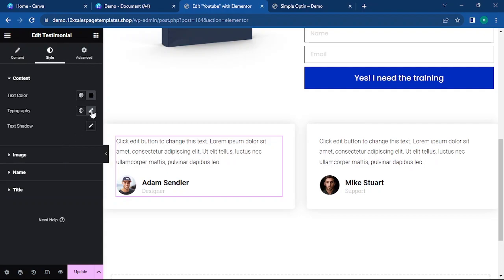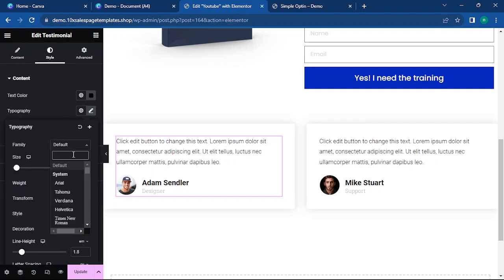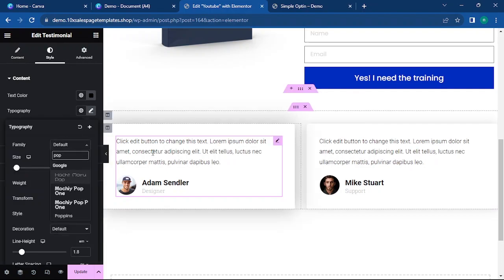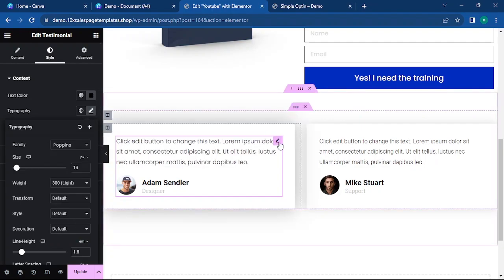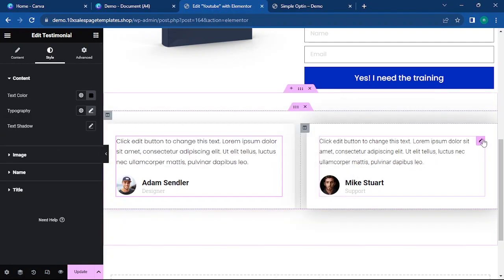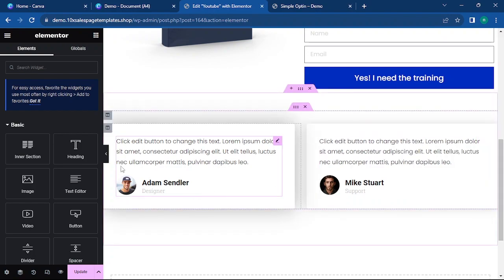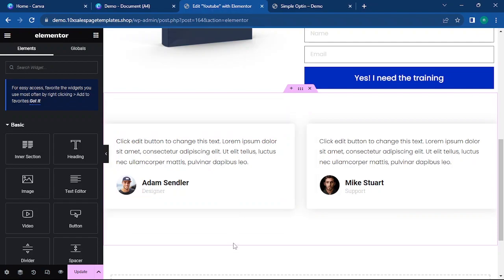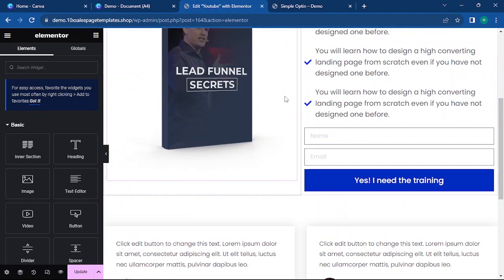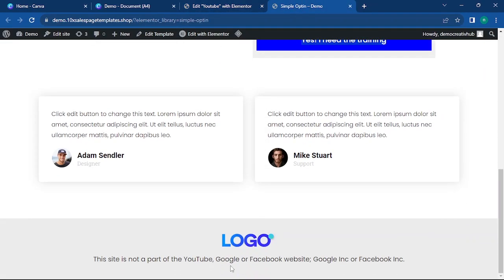But when you are done, you can just go to style and change this to Poppins so that everything remains consistent with your typography. So let me just click on this, copy, and then paste the style here. Just go ahead and customize this particular testimonial section the way you want it to be. Okay. All right, so the last but not the least stuff we're going to add in here is this particular